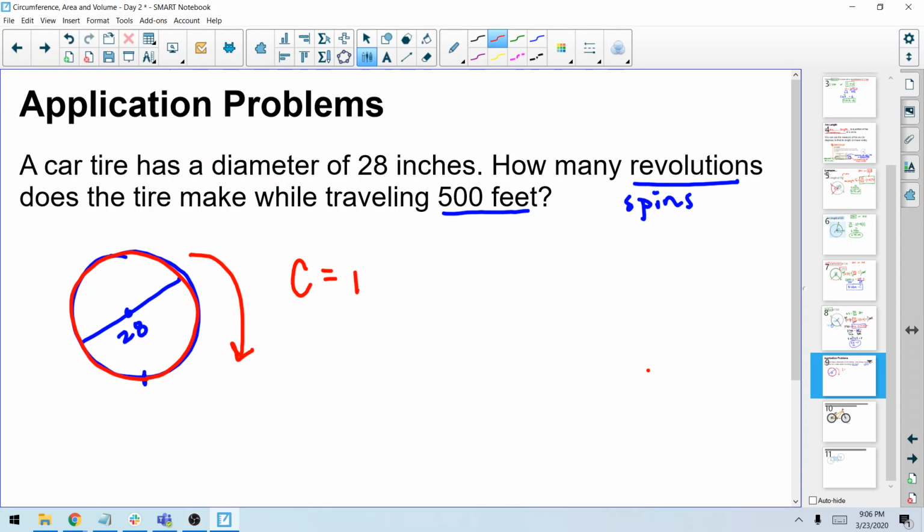This time I'm going to use pi d because they gave us the diameter, and they also give us the diameter in inches. So pay attention to that. So circumference equals 3.14 times 28. So grab your calculator. 3.14 times 28. I'm getting 87.92